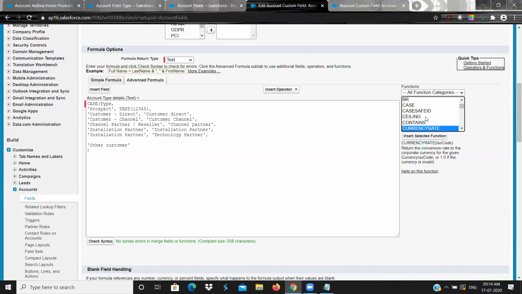Apart from that, is number checks whether it is a number or not. Now you have some idea about formulas, right? Why formula, what we need to use, what are the basic formulas and how to use them. Yes, now you got some idea, right?